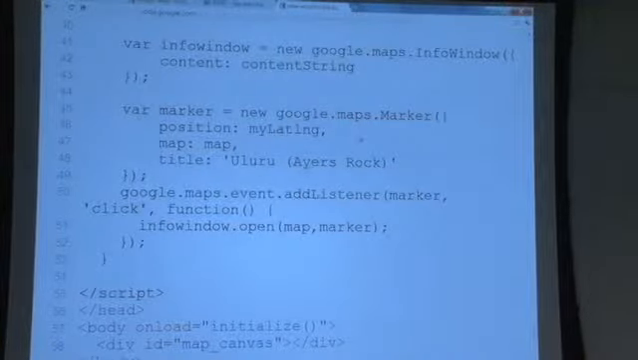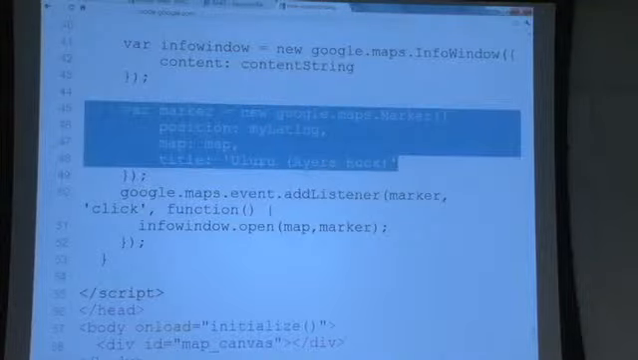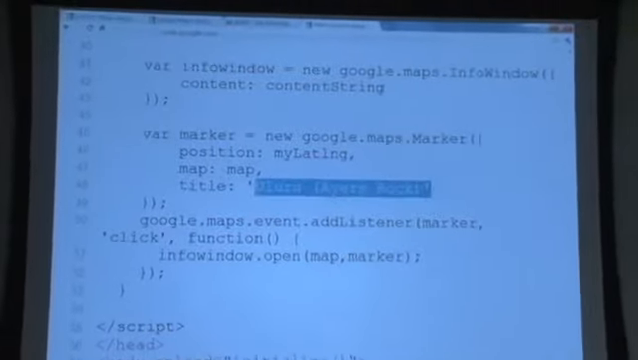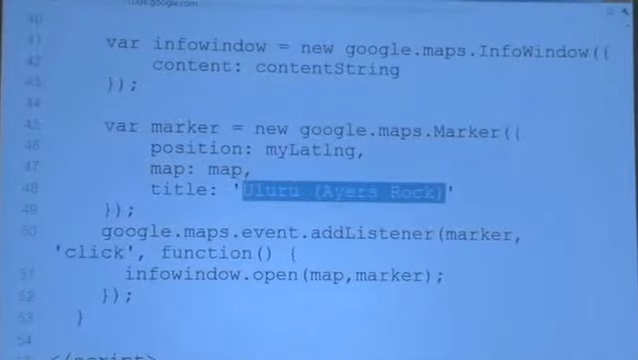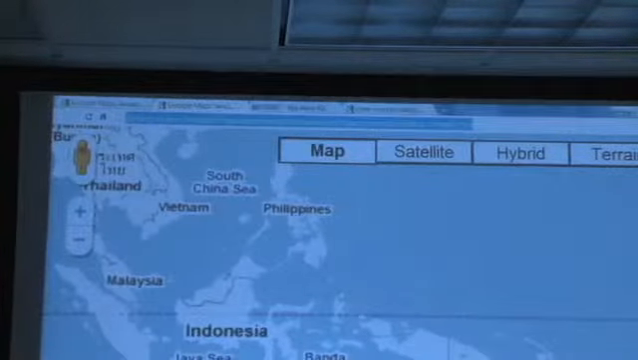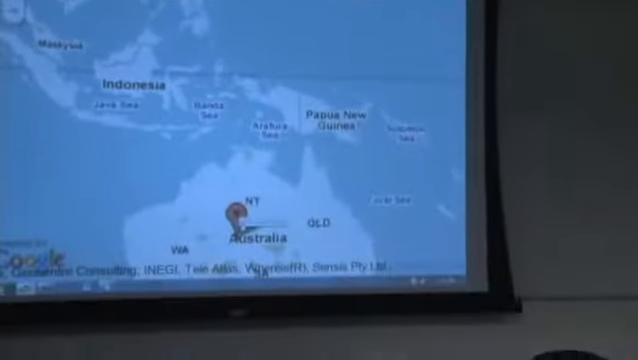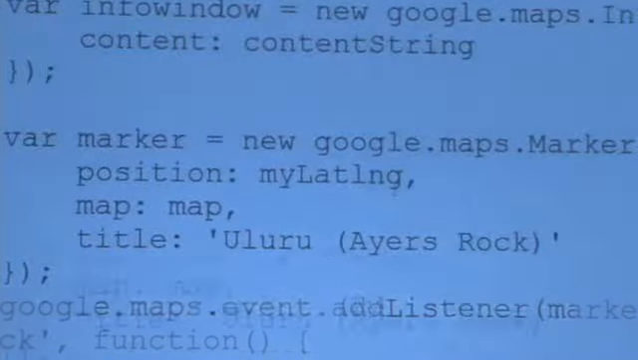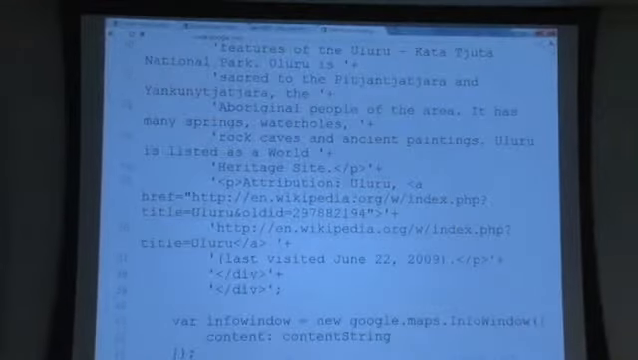Again, you place a marker. You can give it a title. The title is something I forgot to go over before. This title is the words that show up when I put my mouse over the place. So this text at the bottom, for camera, you can't really see, but this text at the bottom is Uluru, Ayers Rock, which is this information here under title. And then the string that you want to display is